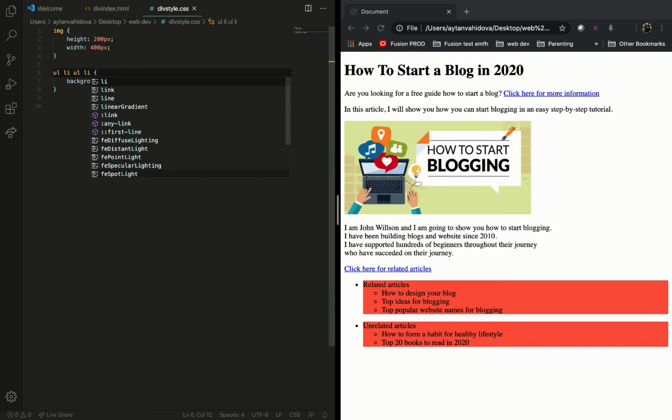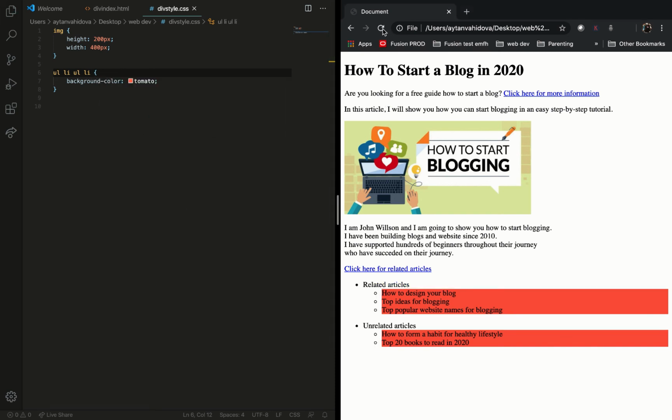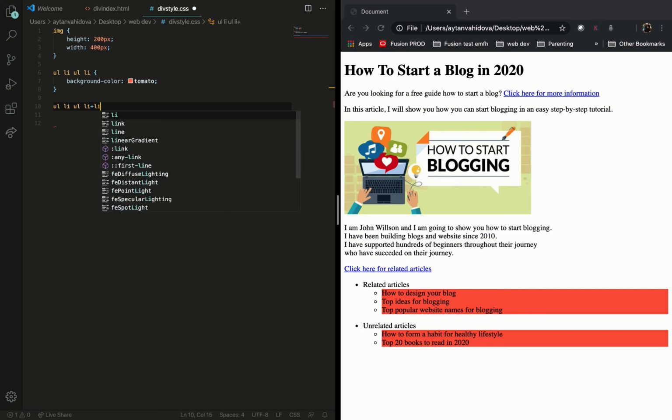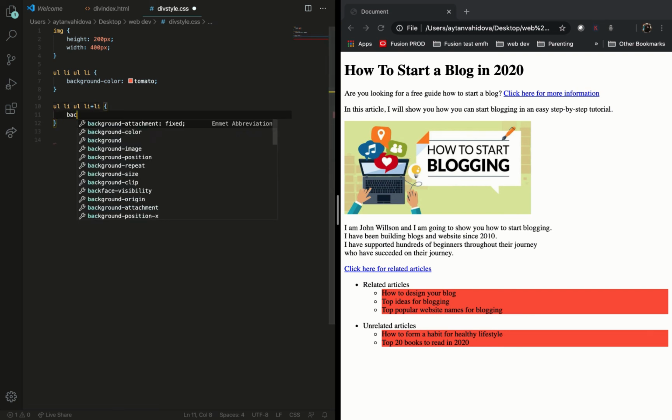So let me save and refresh the page. Now you will see that it is targeting only the list elements here, not the UL tag itself, only list elements. So what to use further if you want to select only the second element or third element here and change the background color? For this, I will use the Adjacent Sibling Selector. So I will use UL li tag 2 times because I want to target the li tag here, and then I will use the plus sign, which is the symbol of the Adjacent Sibling Selector, and I will use li and set the background color